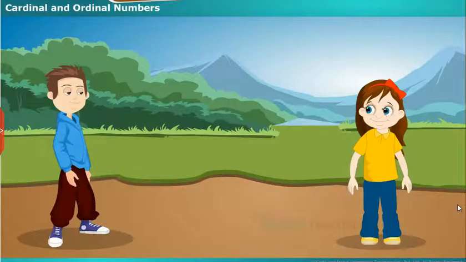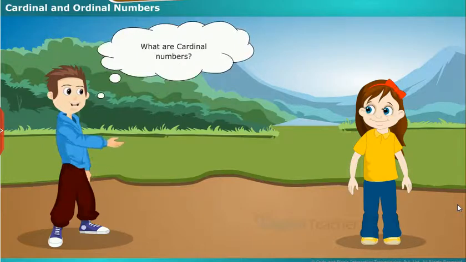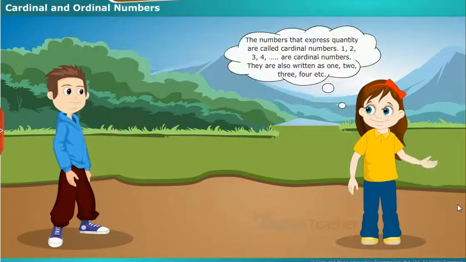Cardinal and ordinal numbers. Now, let us learn about cardinal and ordinal numbers. What are cardinal numbers? The numbers that express quantity are called cardinal numbers. 1, 2, 3, 4 and so on are cardinal numbers. They are also written as ONE, 1, TWO, 2,